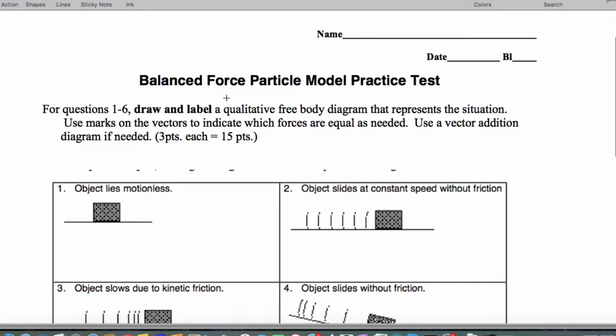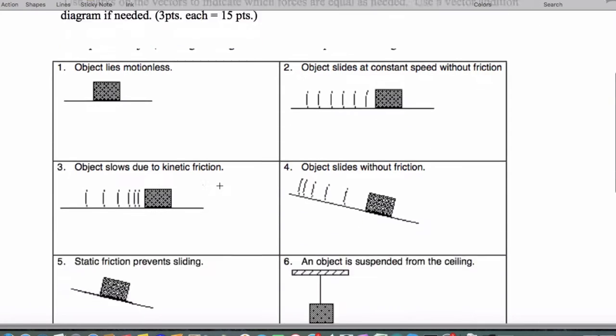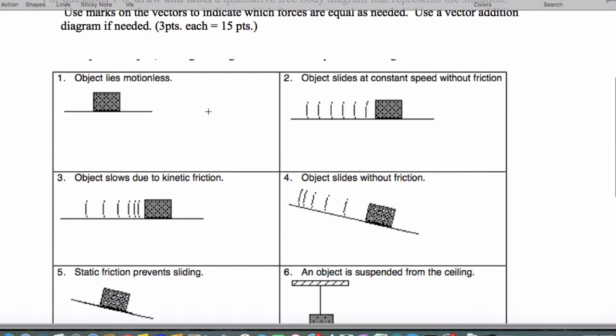All right, I wanted to make sure that I did a solution to the practice test. And so just to begin, we have these free body diagrams that we want to draw. So we're going to have a drawing. This is the standard free body diagram for an object that lies motionless. We're going to have the force of gravity or the weight dragging the box down. Either label will work. And then pushing upwards, we have the normal force, which is the reason the box doesn't